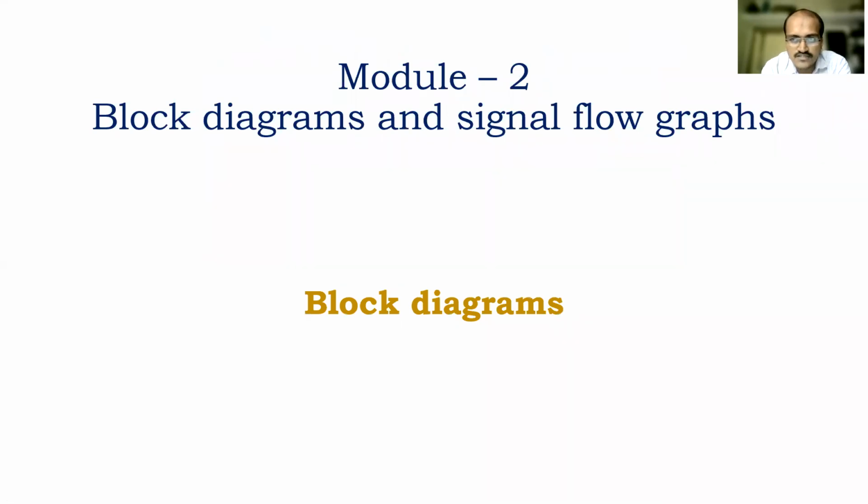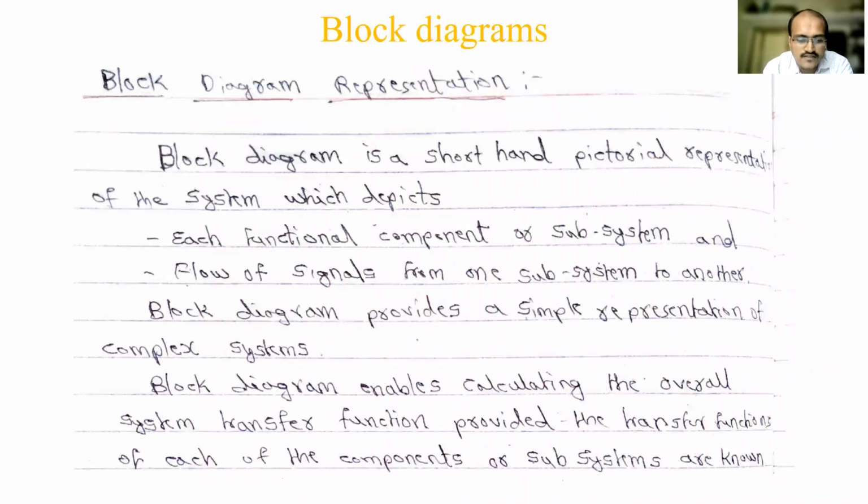This transfer function is the model we will be using throughout, in block diagrams as well as signal flow graphs. So what is meant by a block diagram? We'll try to understand. And there is a particular problem: block diagram reduction techniques. Those techniques we'll learn today, and the problems you may see in the next session. It's a theory session today, but interesting derivations are okay.